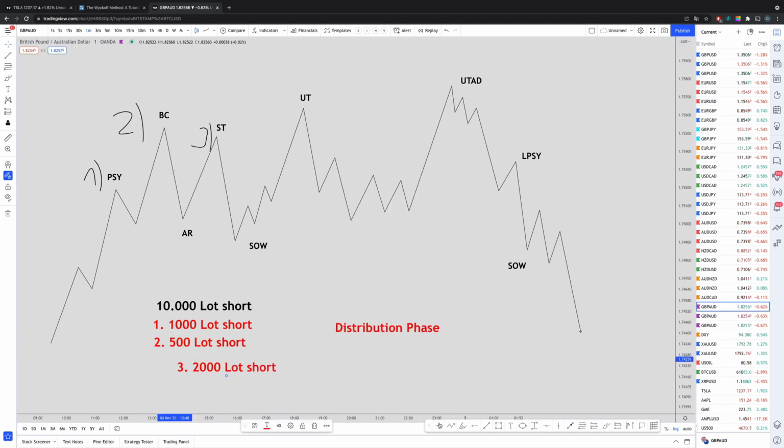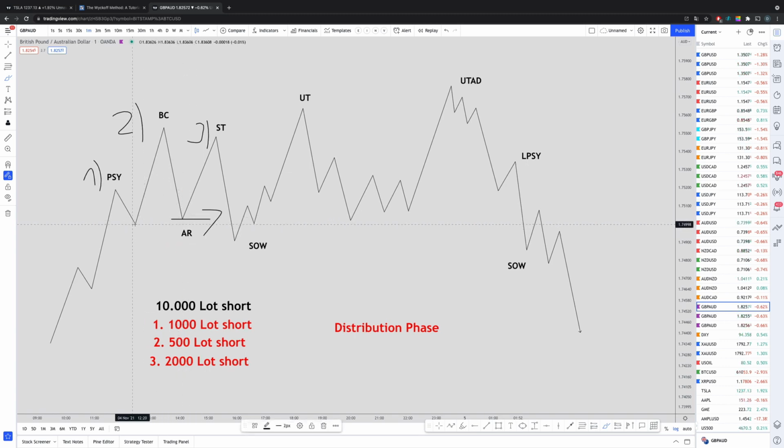So this is really interesting right now, because the goal with the third step is actually to break structure, to break here where the automatic reaction was, to go lower than that. Why? Because below this, you've got liquidities. It's super simple, you see it right now, right? This is kind of your demand zone here, or actually we are pushing even lower than that. You've got your liquidity points here, you probably have your imbalance, your fair value gap, or a demand zone based on a higher time frame perspective.